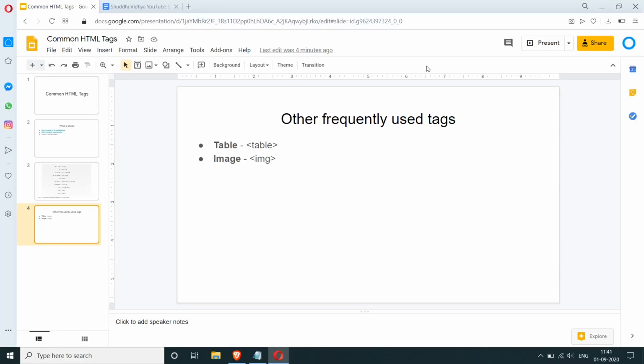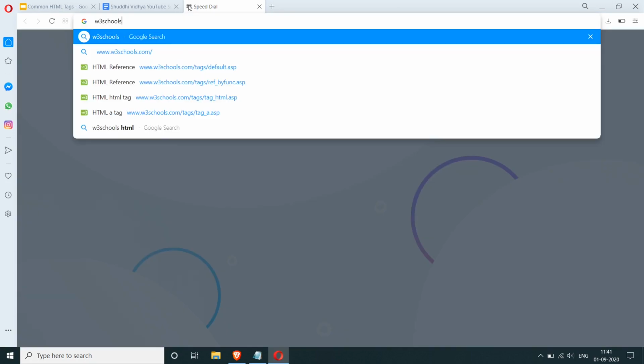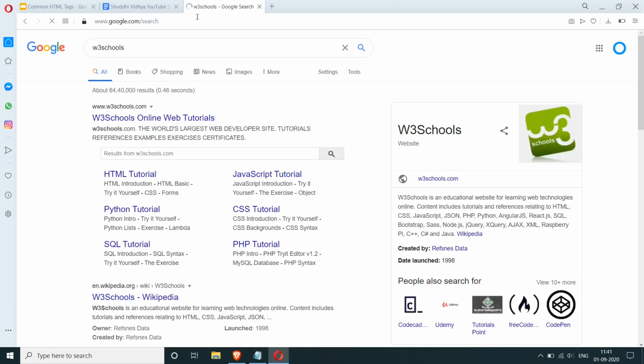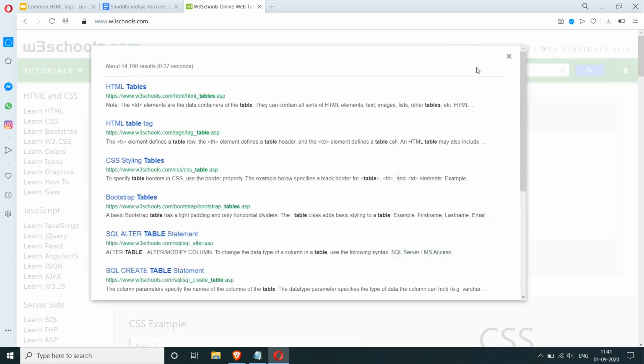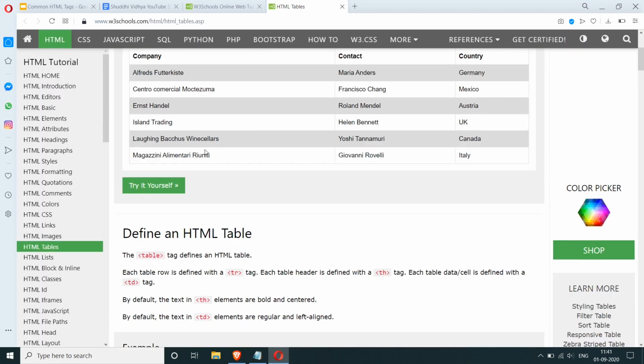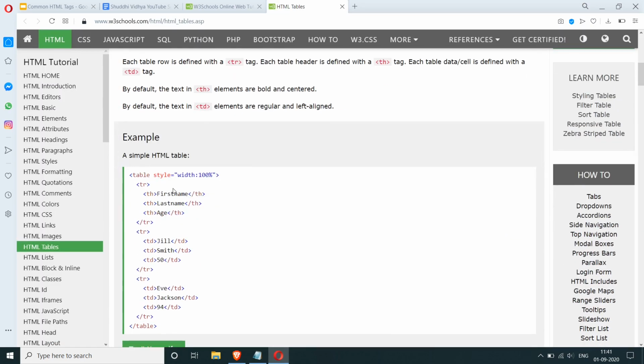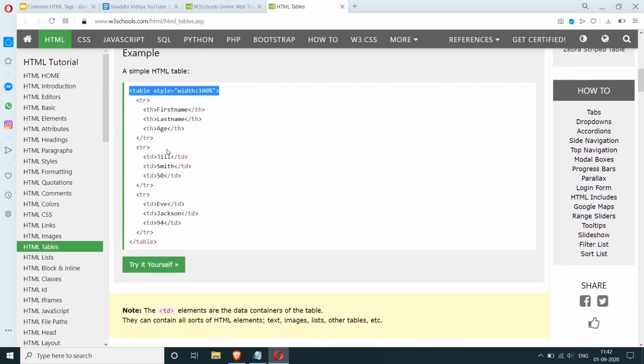So first thing is, let's go to W3 Schools. Basically you can type W3 Schools on Google and you will get this URL. So here I'm going to search for table. And you get this section where they show you a demo of how to use this tag. So you can see here, this is the table tag, and they've given some attributes here. And within that, there are these three sections.